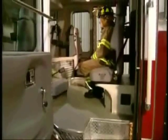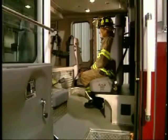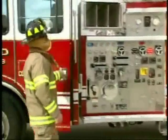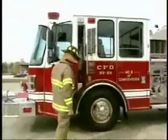If we were in the business of building homes, architects would call Inferno a great room with vaulted ceilings. That's because Inferno comes with a raised roof as standard equipment. It provides an amazing 66 inches of headroom in the crew area. The interior provides a wide open feeling, and the quality appointments let you know Inferno is in a class by itself. The Inferno's oversized doors open a full 90 degrees without interference to give firefighters the maximum amount of room